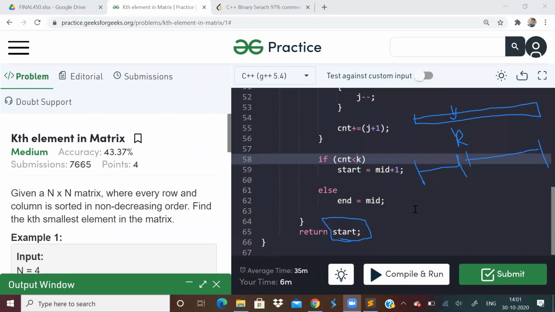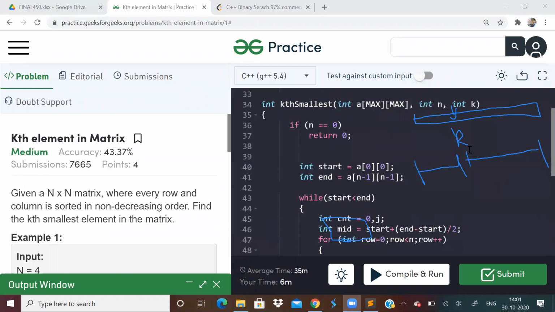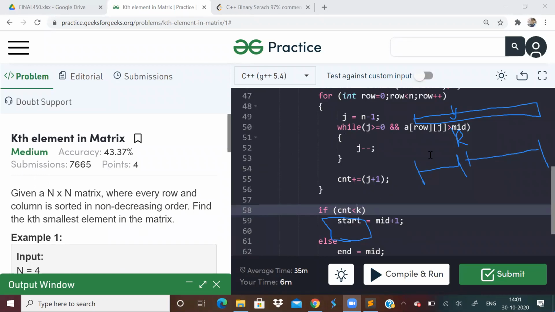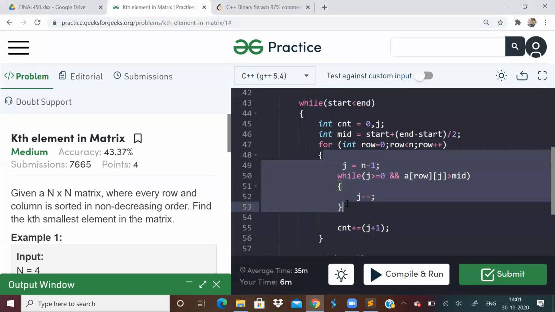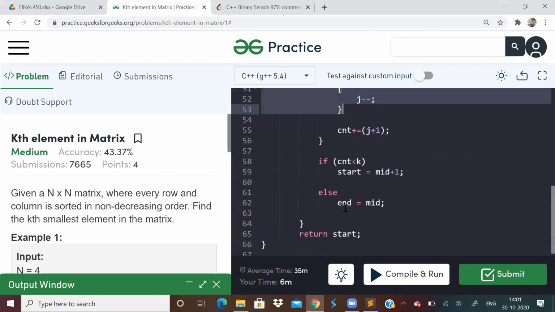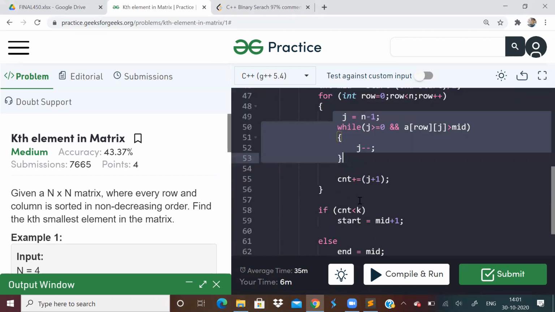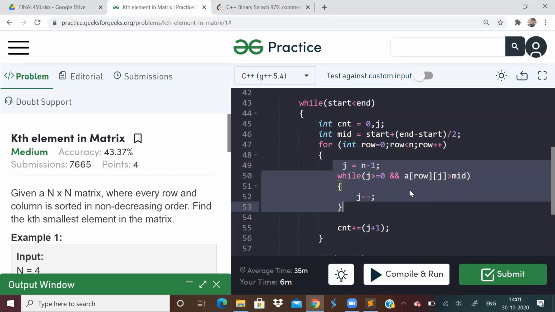You can even use a priority queue. Priority queue, it will take k log n time, I suppose. Please tell me what is the complexity of this algorithm that I have written here? How much time will it take to execute this binary search function? And one more thing I wanted to tell you, this operation is equivalent to upper bound. Whatever we're doing, it is like upper bound only, nothing great over here. We just have to use binary search over here to get the answer.